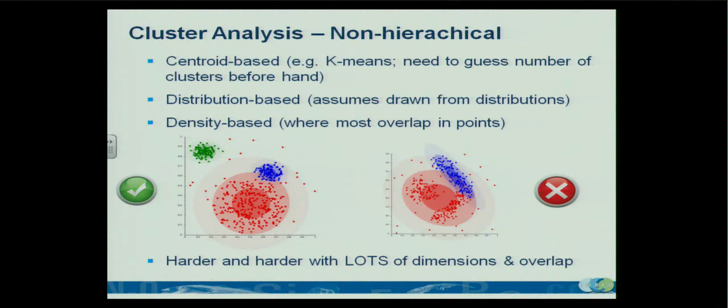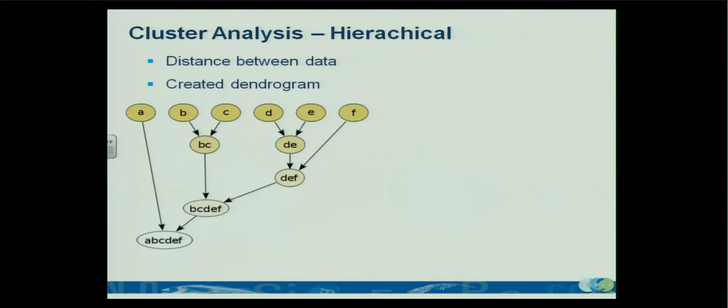So that's where these kinds of things can be tripped up. The more dimensions you have means that, at least in some dimensions, you're going to have that smearing effect, which is what's going to undermine some of these and why it gets harder with more dimensions. The other main way of thinking about cluster analysis, the one we're most used to seeing, is when